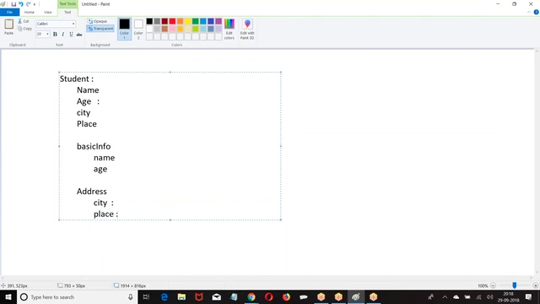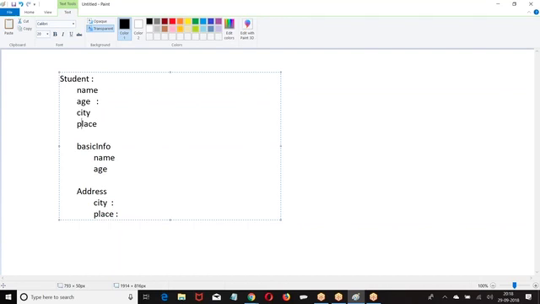Now create three components. The parent component will have name, age, city, place. The basic info child component will have name and age. The second child component will have address, city and place.